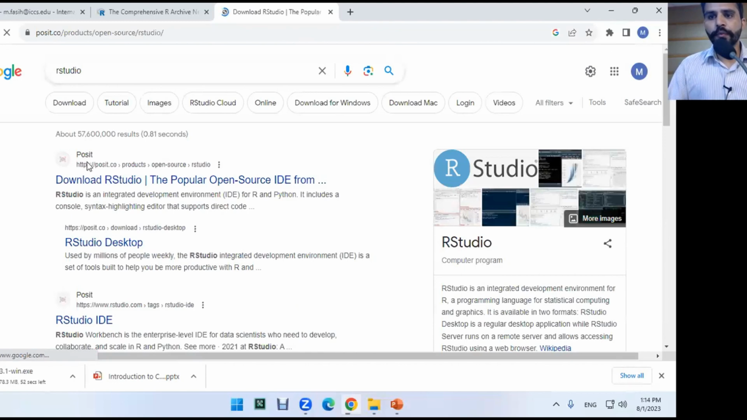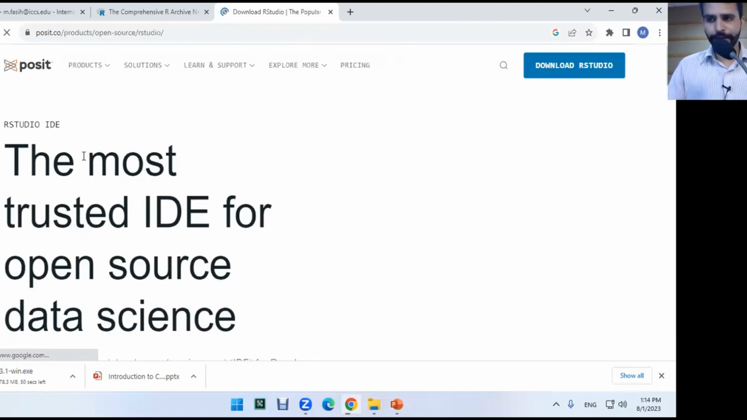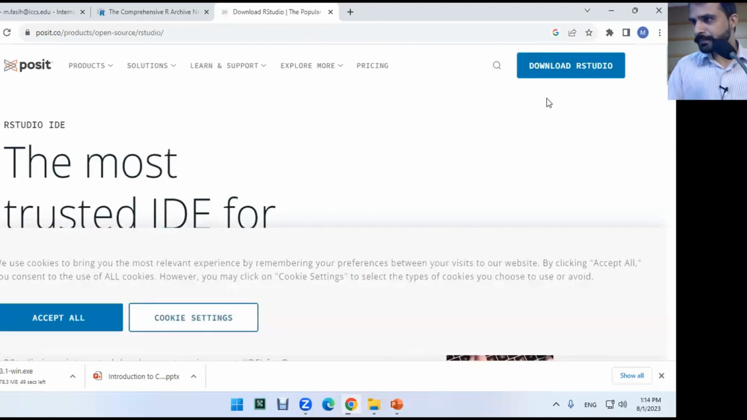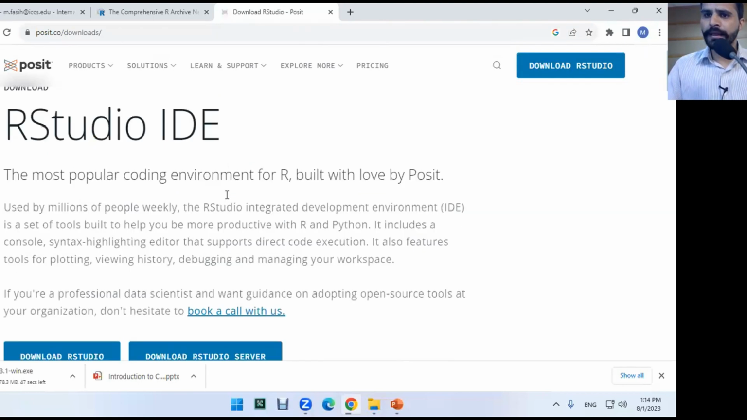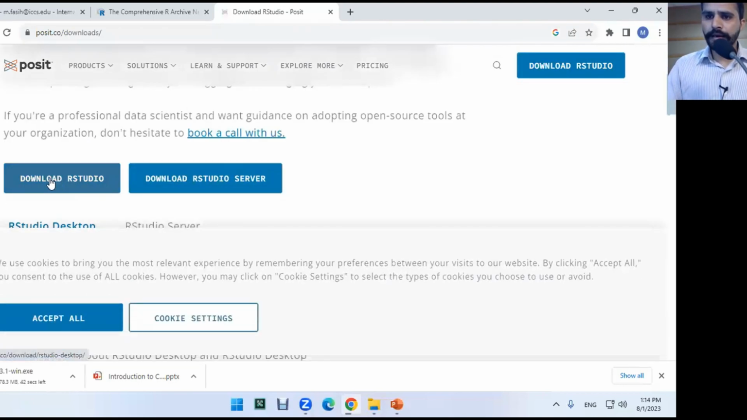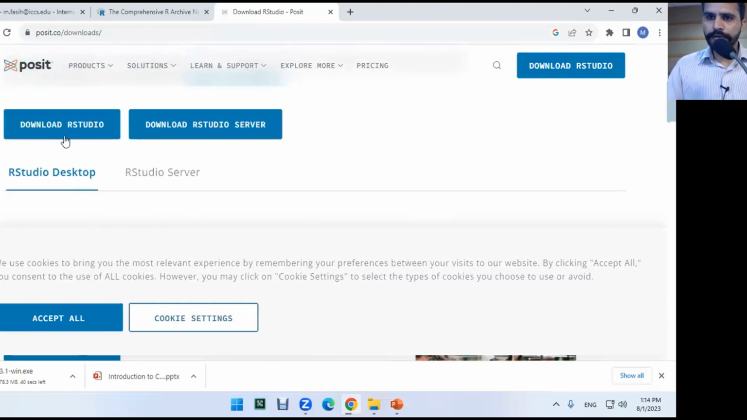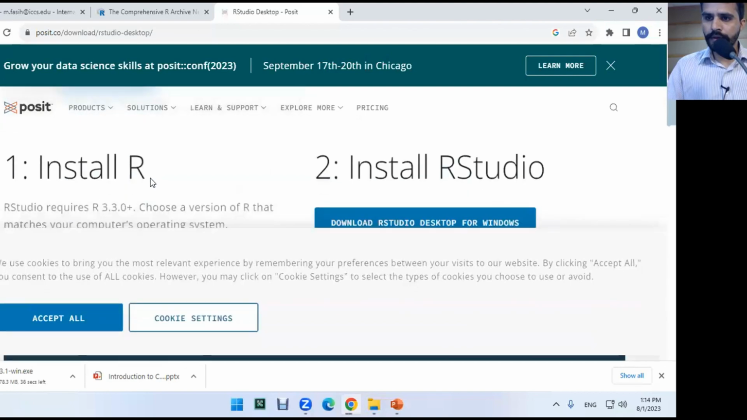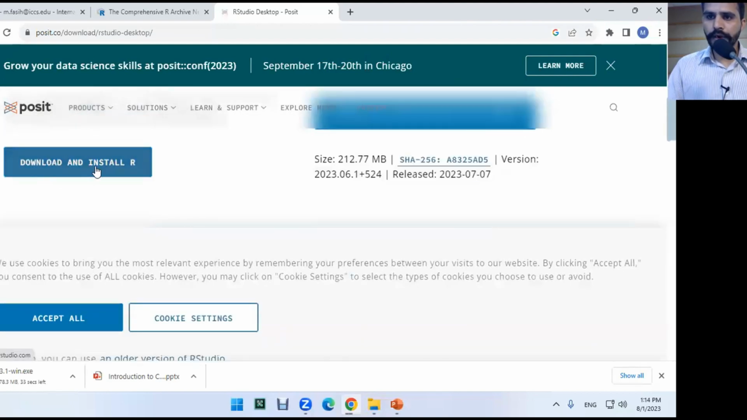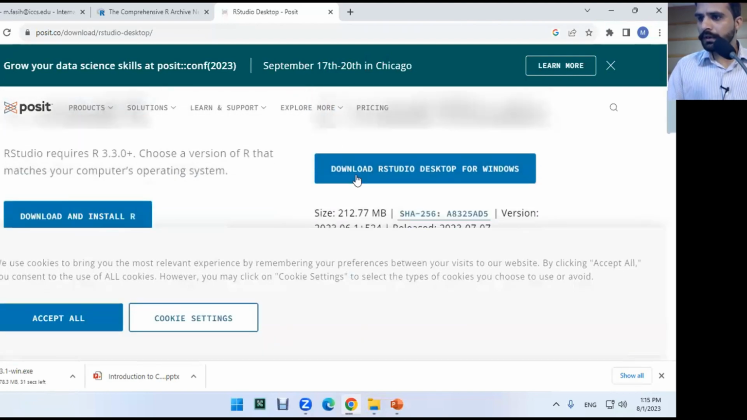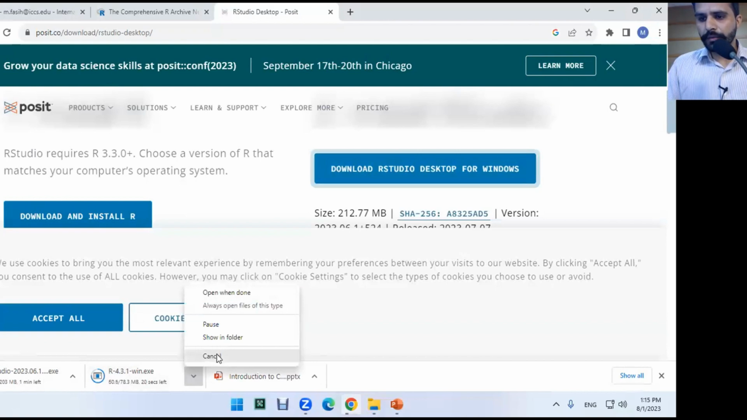Recently they changed their name to Posit, just like Twitter changed to X, so they changed to Posit. Download RStudio. Download and install R, not that one. Download RStudio Desktop for Windows, and it will start downloading into your system. First install R and then you have to install RStudio. Regarding Illumina,